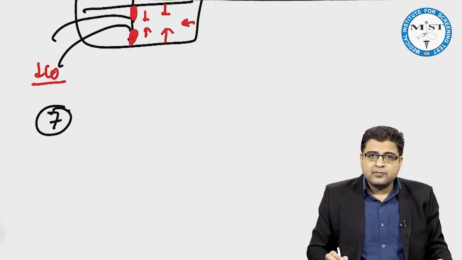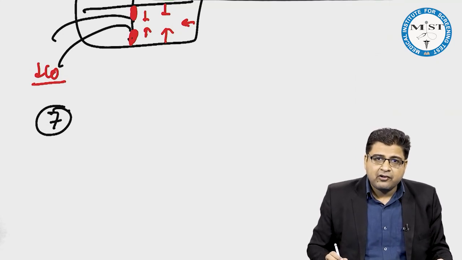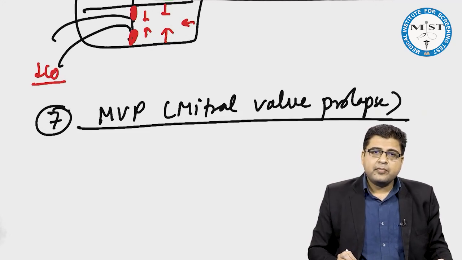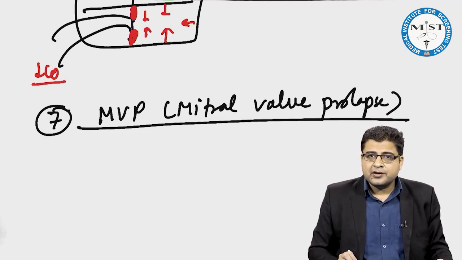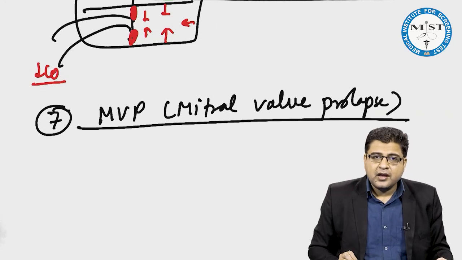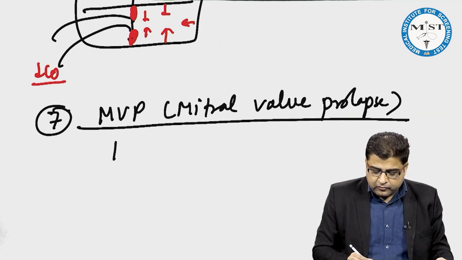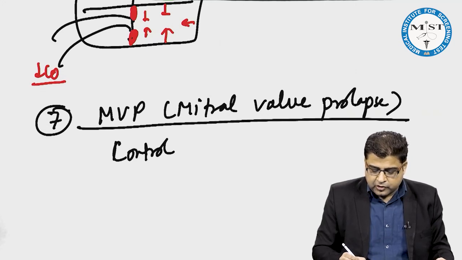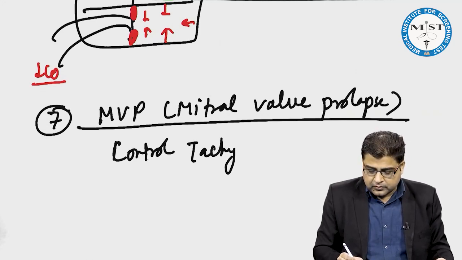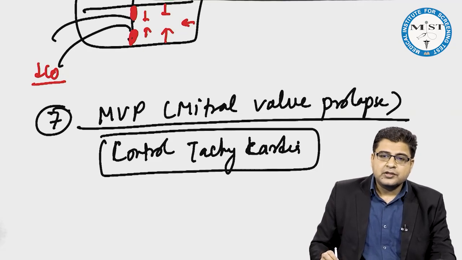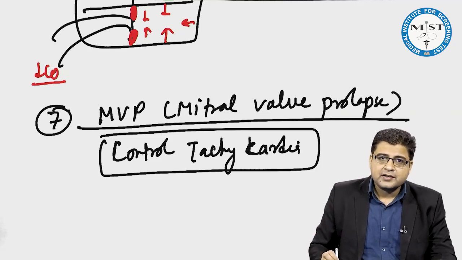Seventh indication, beta blockers are given for the treatment of mitral valve prolapse. So any patient who suffers from mitral valve prolapse, if you give beta blockers can control symptoms. And the main symptom which is controlled by beta blocker is tachycardia. So patient of mitral valve prolapse can come to you with tachycardia. So beta blockers are given to control this tachycardia. So these are the 7 indications where beta blockers are given to treat cardiovascular disorders.